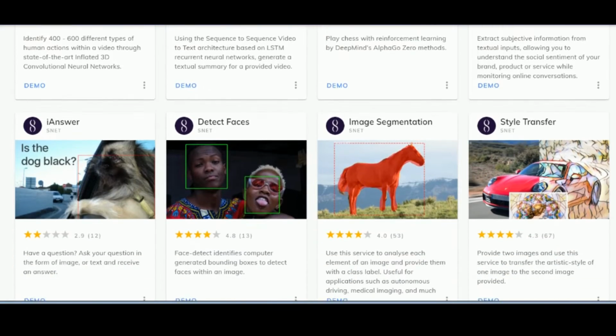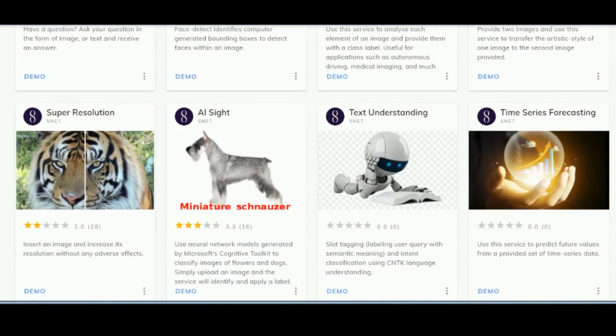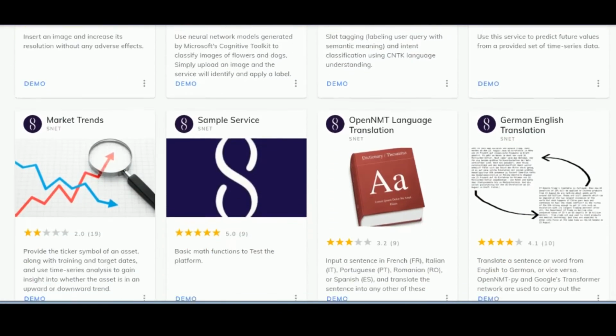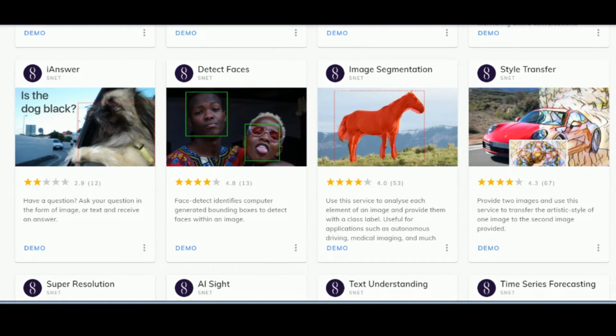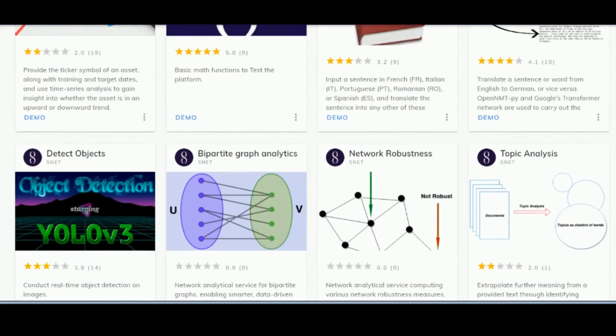So, for example, someone makes an application that detects faces. Maybe they used OpenCV or convolutional neural networks, and they publish it on SingularityNET. They put it out in the marketplace, and that's what you buy. Of course, there's some more details about that, but those are the main differences.